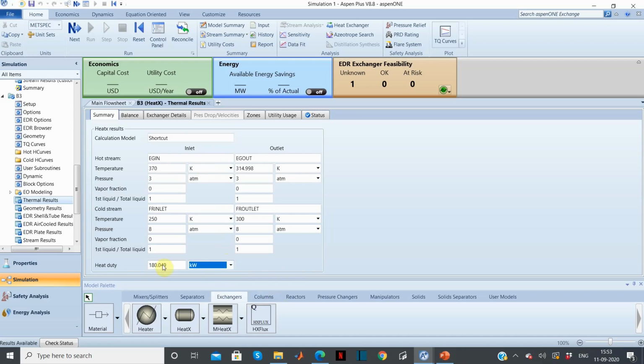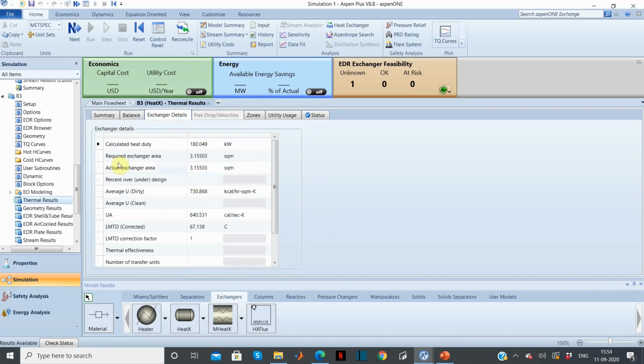And heat duty is 180.049 kilowatts. Now we will see the exchanger details, and the required exchanger area is 3.15 meter square. We also have the values of overall heat transfer coefficients and LMTD. And with this, we have completed the second part of the question also, which was to find out the area